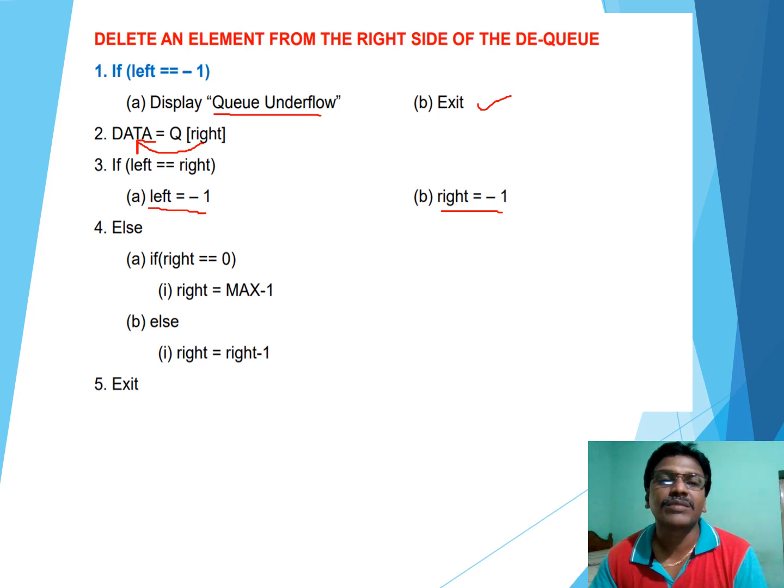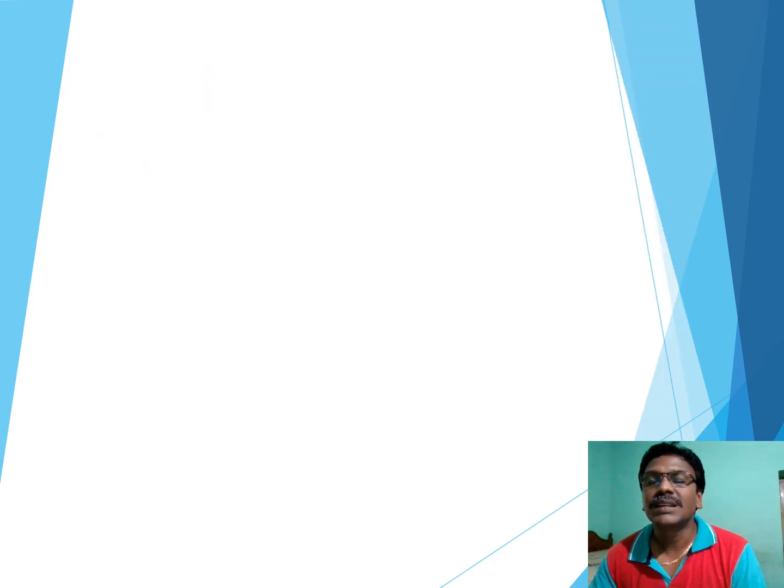That's why left equal to minus 1 and right equal to minus 1. Otherwise, else if right equal to 0, simply assign size minus 1 to the right pointer, that is max minus 1, right equal to max minus 1. Else right equal to right minus 1. Decrease the right pointer, then exit the delete right. And another deletion operation,